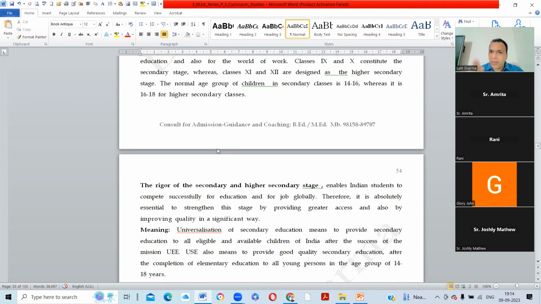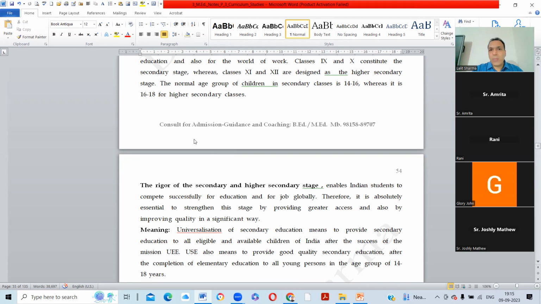Always remember there is a difference between degree colleges and education colleges. Degree colleges are those colleges where you study BA, MA, M.Sc, M.Com. But under the teacher education colleges, you study B.Ed or M.Ed, okay, higher level courses. At the lower level you can talk about JBT and ETT. Okay, so the question is